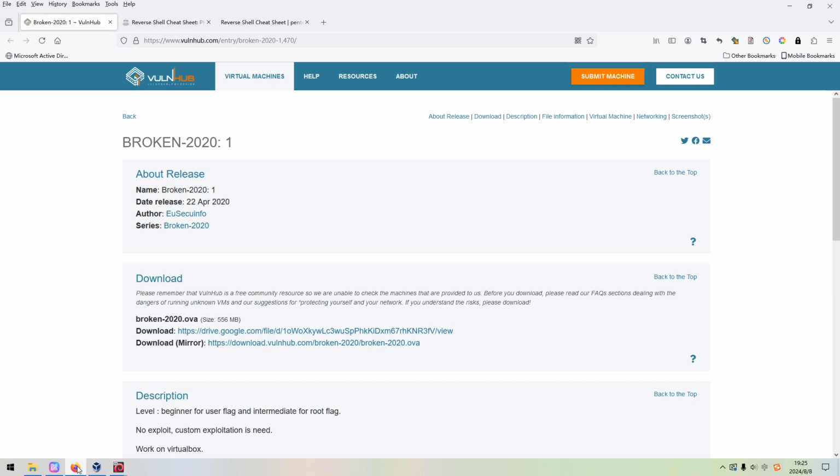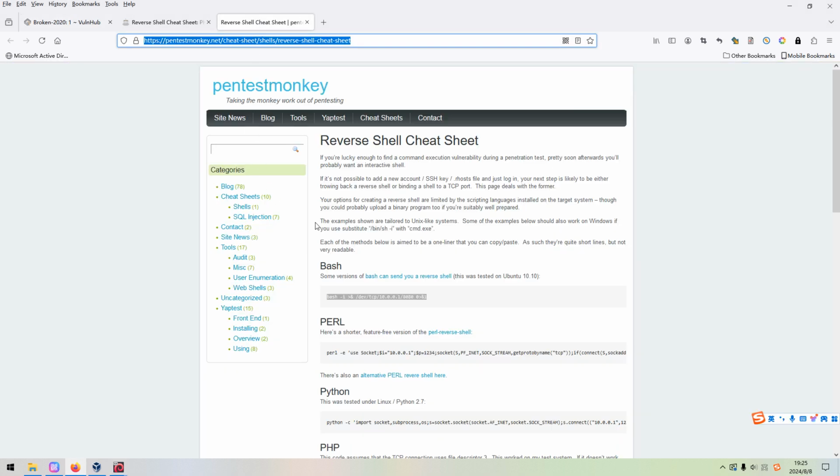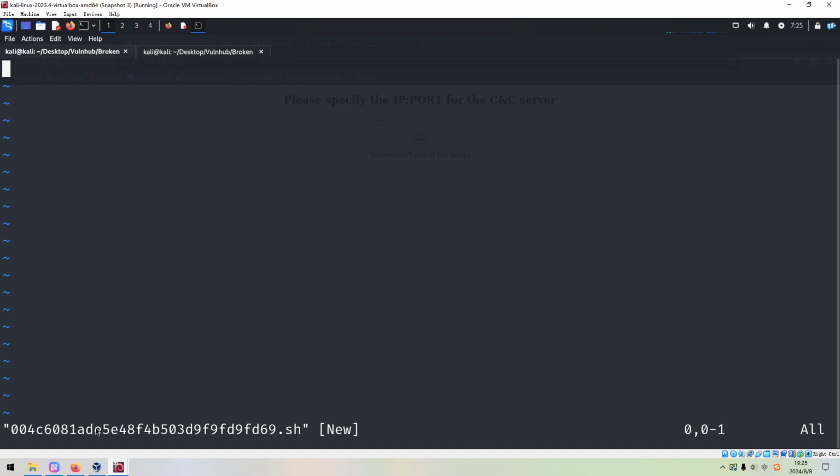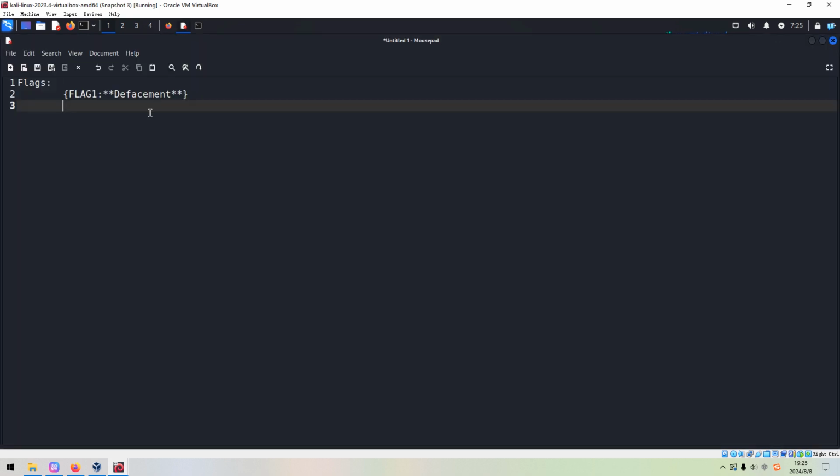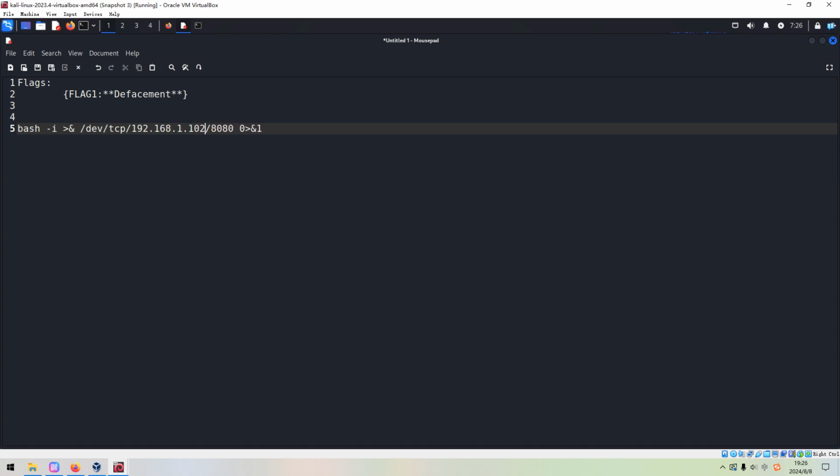We can get the reverse shell command from the Pentest Monkey website. We can copy it, or maybe any other reverse shell command. We need to make some modification: the IP address of the Kali Linux, and also the port number to be listened on.